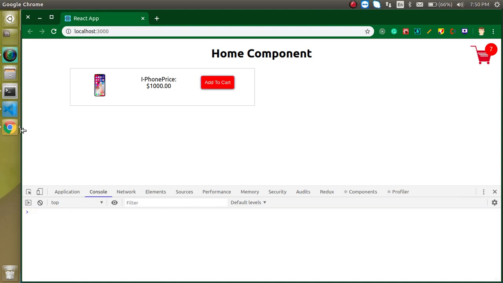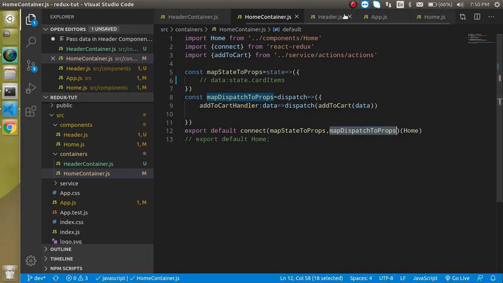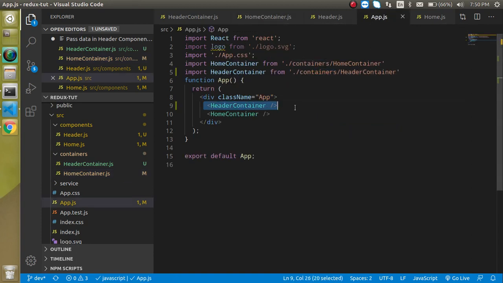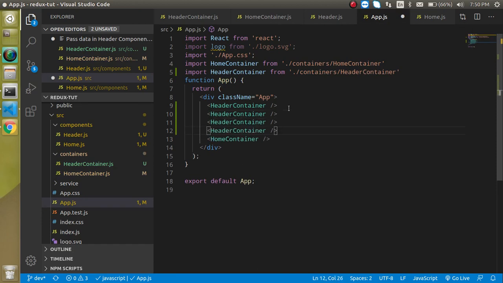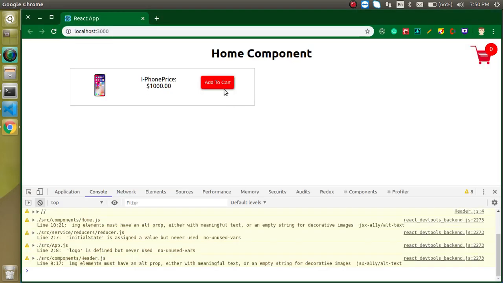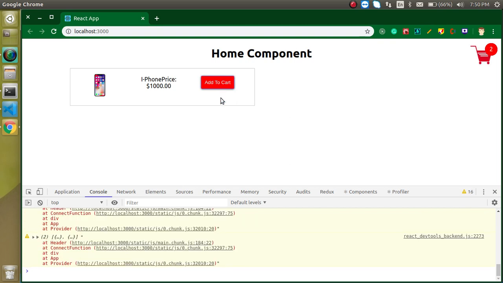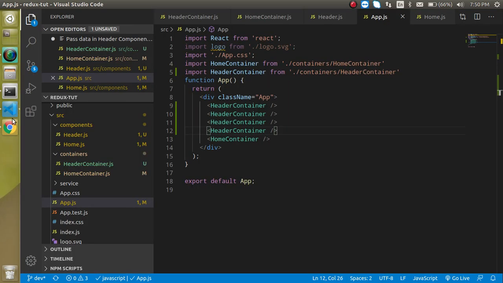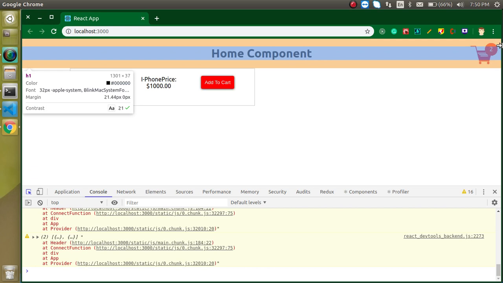So everything is still working fine. What I want to show is that you can send the data from one component to another, and to more than one component also, right? If you have multiple other components and you want to send the data to them, this is still possible. Just make a copy of the other component, and change the style a little bit, because it is overlapping in the same place.